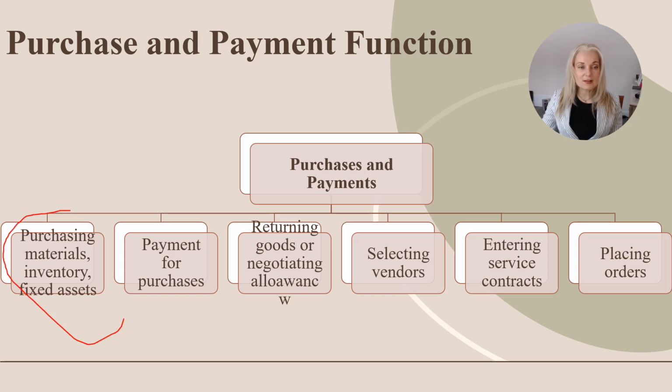We have the purchasing of material, inventory, and fixed assets. As we know, the purchase of material would include a very different process than the purchase of fixed assets. When I worked at Vale, we purchased a lot of capital assets and I was involved in the evaluation of the request for proposals. There were multiple vendors that were able to supply the machinery that we were looking for. So we sent them our RFPs and then they sent back their proposals and we needed